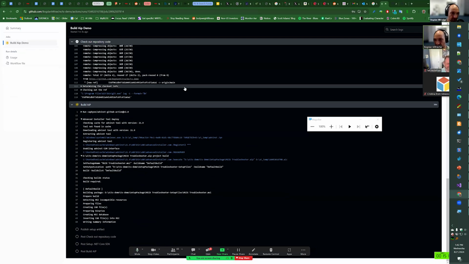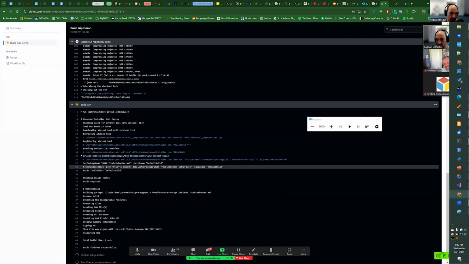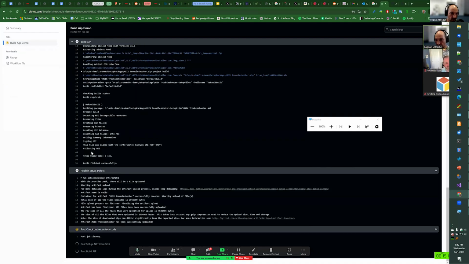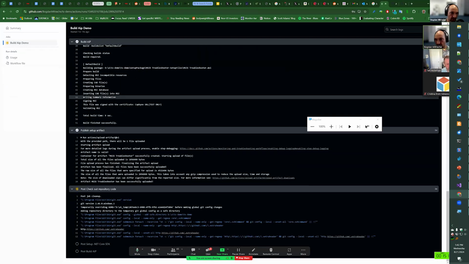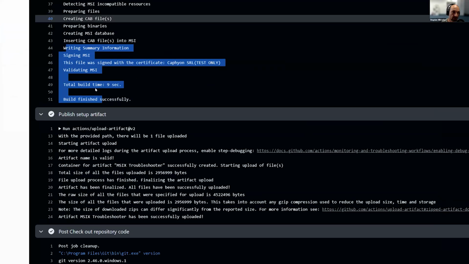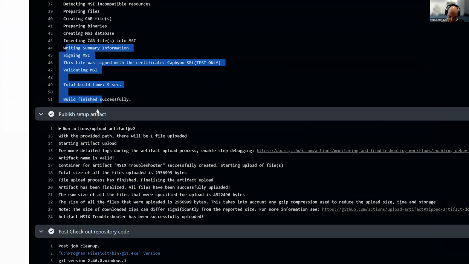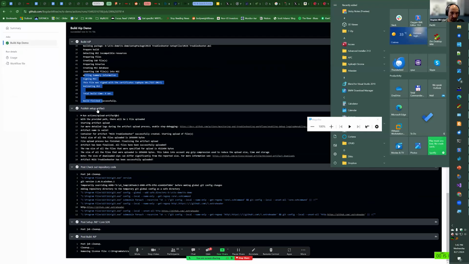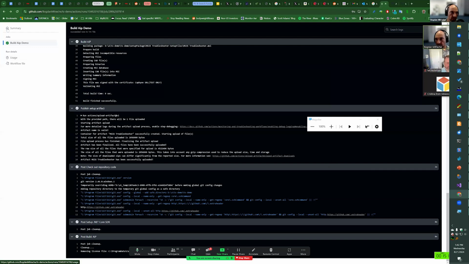So now you see it started building the project, and it's also signing the MSI, and everything got signed. Okay, so let's zoom in a little bit. You can see here, and now it's publishing an artifact. And if we go back and download that one, we should see the same